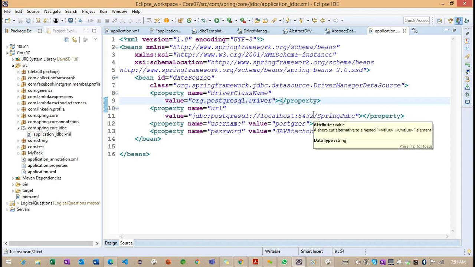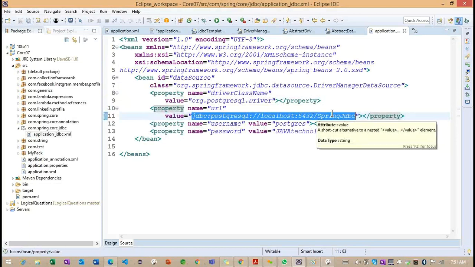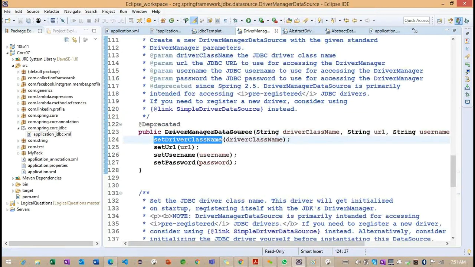This particular information is going to connect our data source, like a database object. Which database are we connecting here? The Postgres database. Inside the Postgres, we are going to connect our Spring JDBC. Okay. So back to here, the driver manager we created. We are trying to work on our driver manager here. And after this, now what can we do?